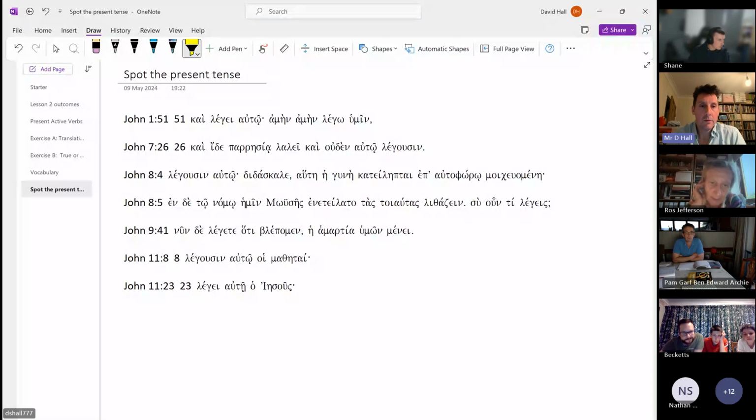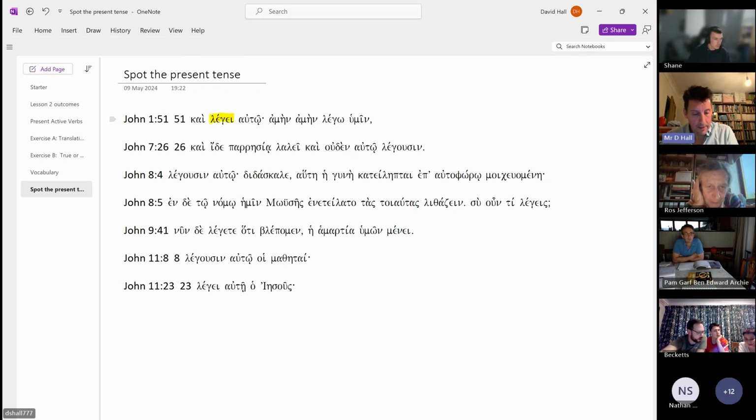Okay, so we're just spotting from John's Gospel some of the verses where the verb Lego appears in the present tense. We're just literally spotting them and thinking about the translation of them. So hopefully in the first verse, I'll just point them out to you. So we've got lege here. Maybe in the chat, if you want to, you can just write down what that translates